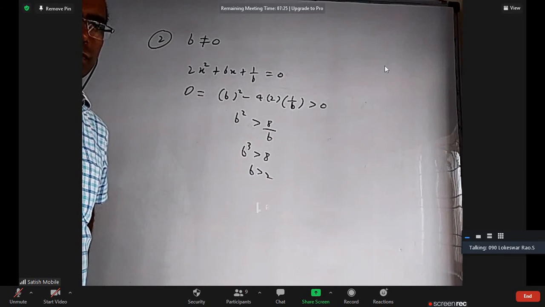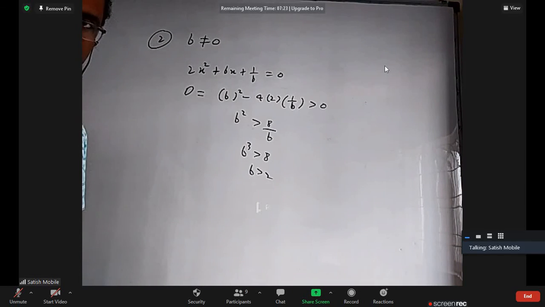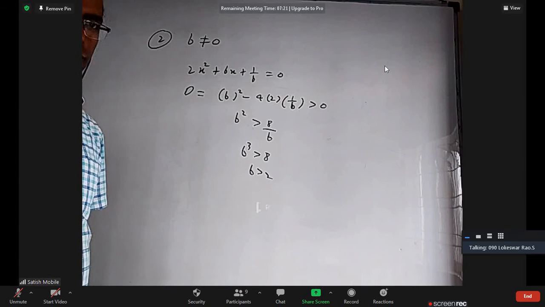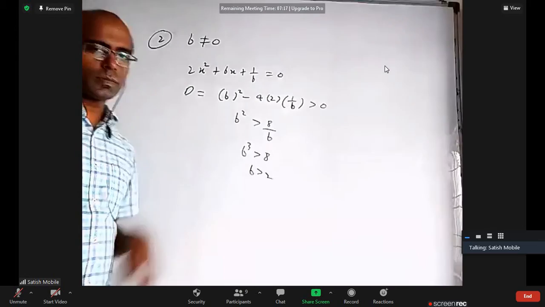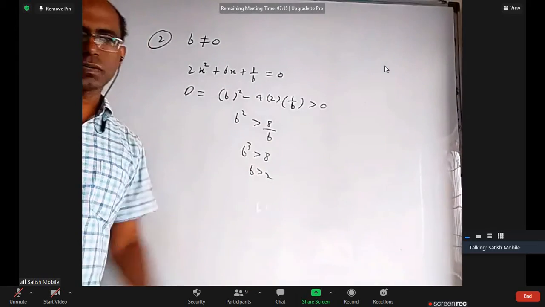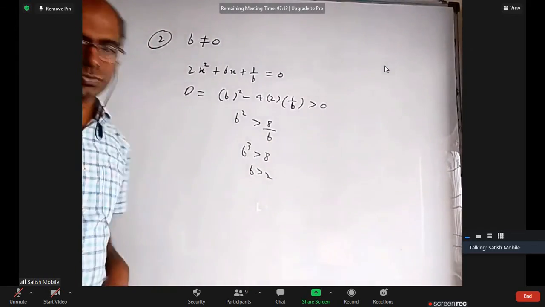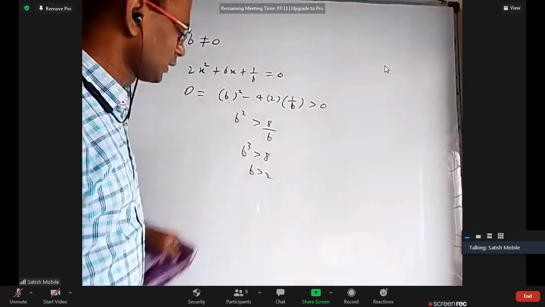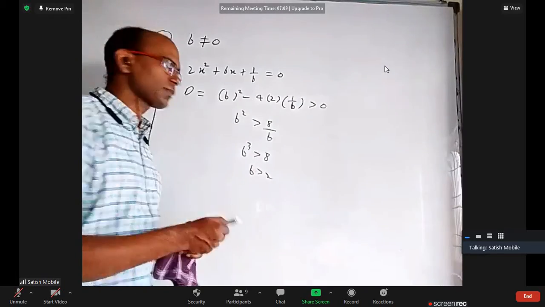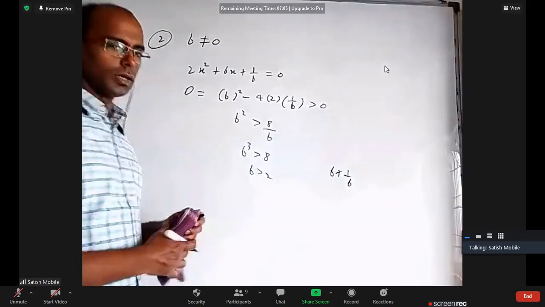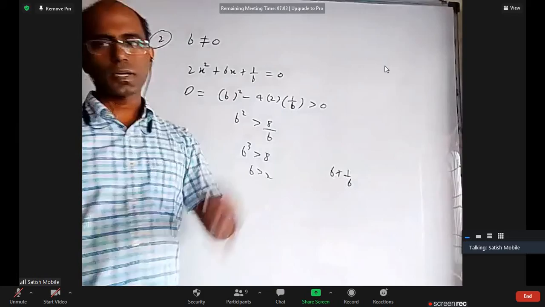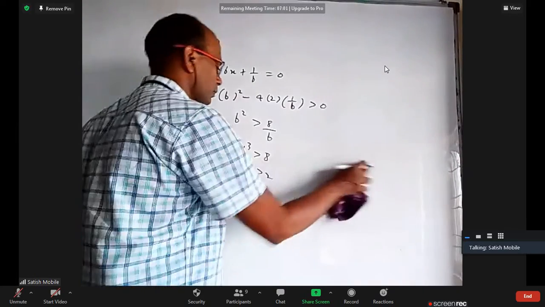No, sir. What is not okay? Sir, b can be negative also, no, sir. Yeah, we can't bring b here, because b is positive, can multiply with b, inequality will not change, but b may be negative, so it's not right. If somebody has done like this, they may easily think option A is correct, because b plus 1 by b, when b is 2, will become 5 by 2, so greater than 5 by 2, they may think, but no.